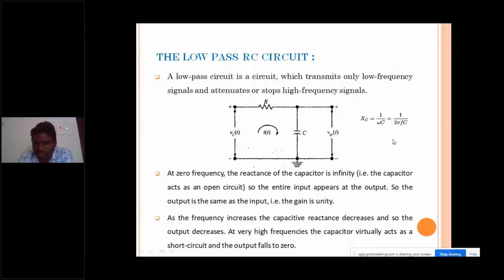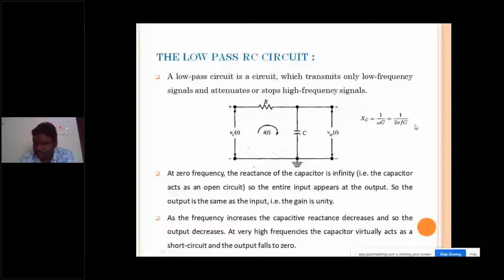So the formula is given here. The reactance of the capacitor is given here, which means in this linear network we are measuring the output voltage across the capacitor. If I write the formula for reactance of the capacitor, Xc is equal to 1 by omega c, that is equal to 1 by 2 pi f into c. Now what will happen if I substitute the low frequencies in terms of f? Then the reactance will become very high. When the reactance is high, then this capacitor acts as an open circuit. So the reactance of the capacitor is high for the low frequencies, so that it just acts like an open circuit. If you take zero frequency, then it is infinity.